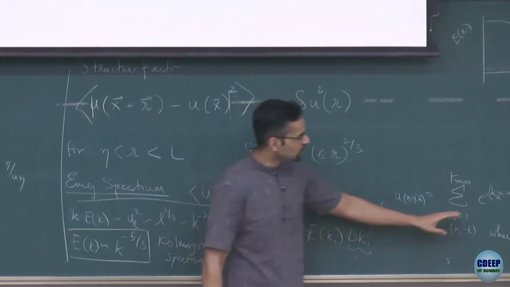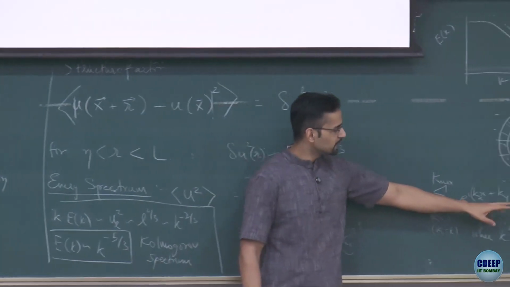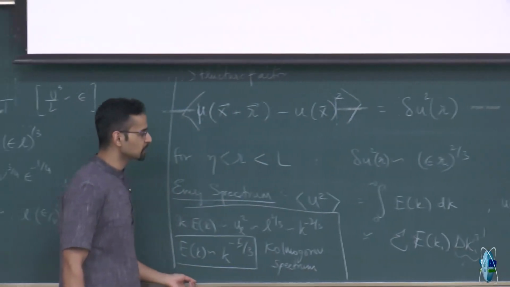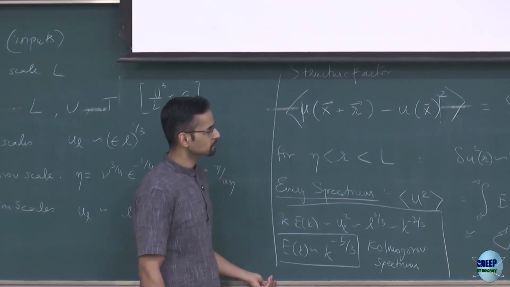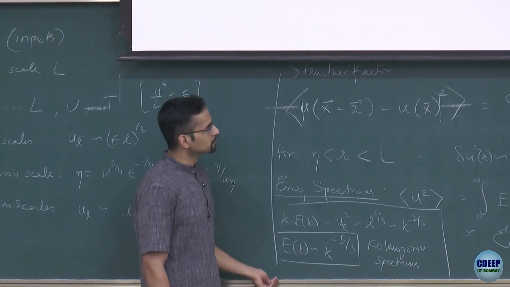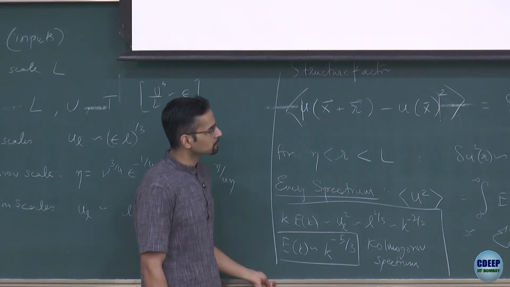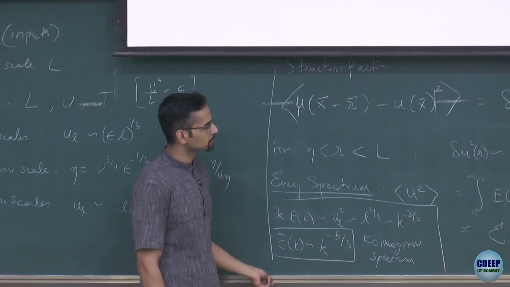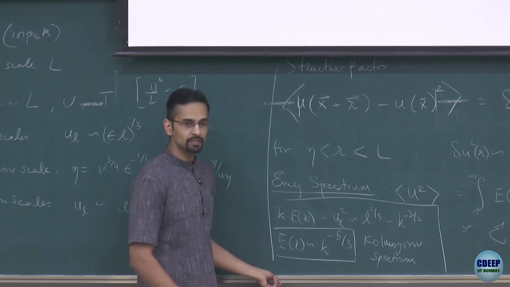Okay, so this is why I want to talk about it in this course. And we will use later a flow field that tries to mimic this kind of Kolmogorov behavior for the spatial variation. Any questions on this?